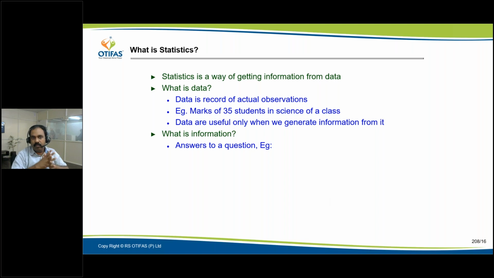Okay, so now what is information? You know, information is an answer to a question. We are actually always looking for information from data. So for example, if you have data of 35 students' marks in science of a class, what could be the possible information you can ask for or sort from that data? For example,